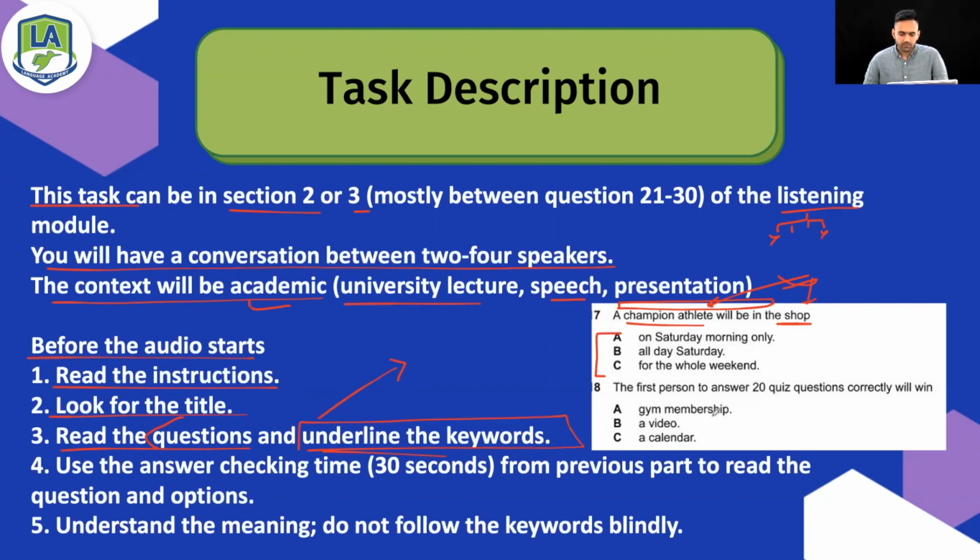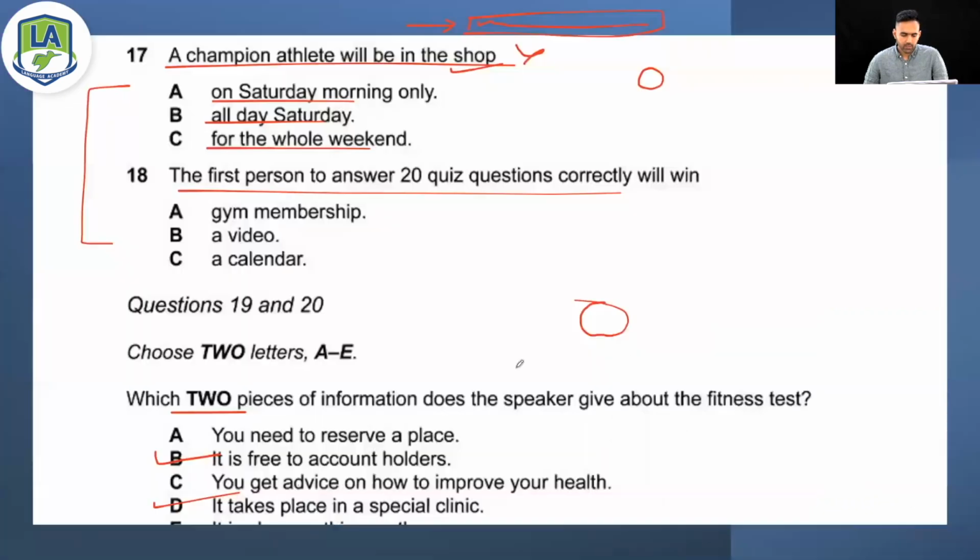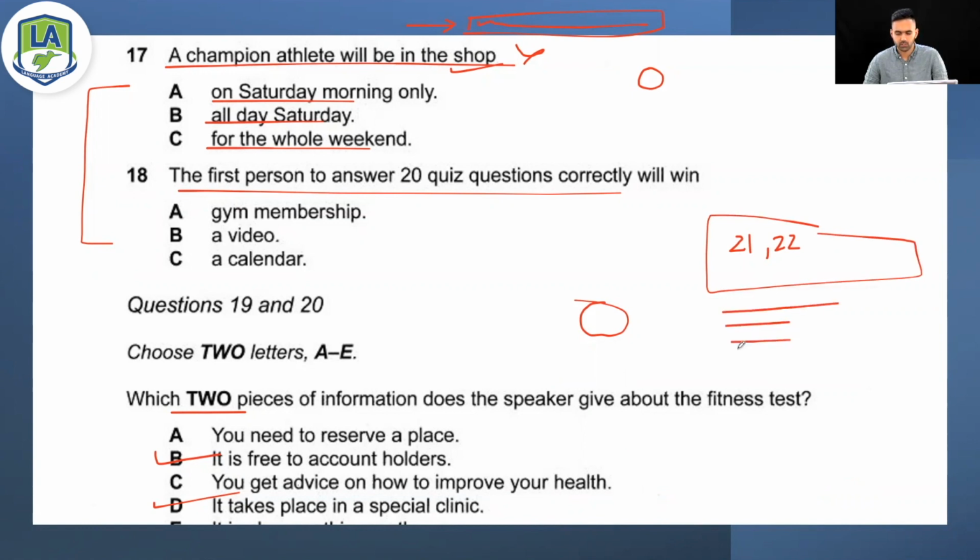All right, sometimes I've seen students complaining that they've got this question in section 3, let's say 21 and 22 or 23, 24, question numbers that are MCQ single or multiple, and they complain that they don't have enough time to read the options. In that case, what you can do is, when you finish your section 2, meaning number 20, and you have got MCQs in section 3, once you finish section 2, you will be given 30-40 seconds to revise or check your answers. If you're confident with section 2, don't use those 30 seconds to proofread or revise your answers.